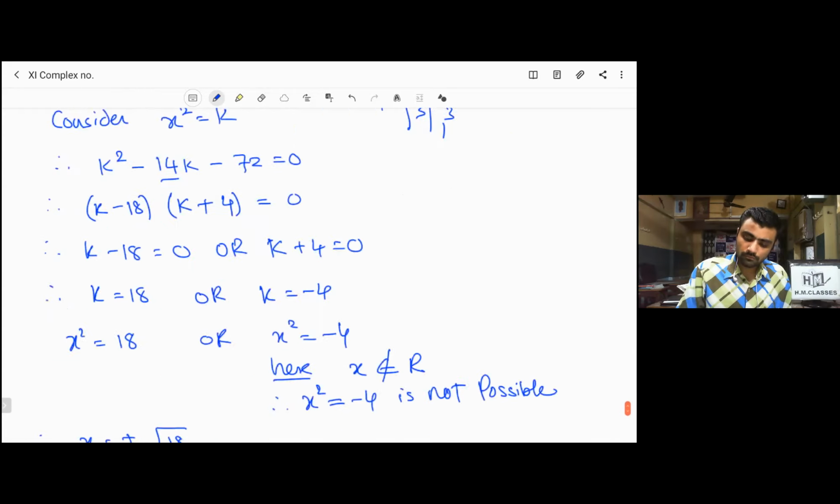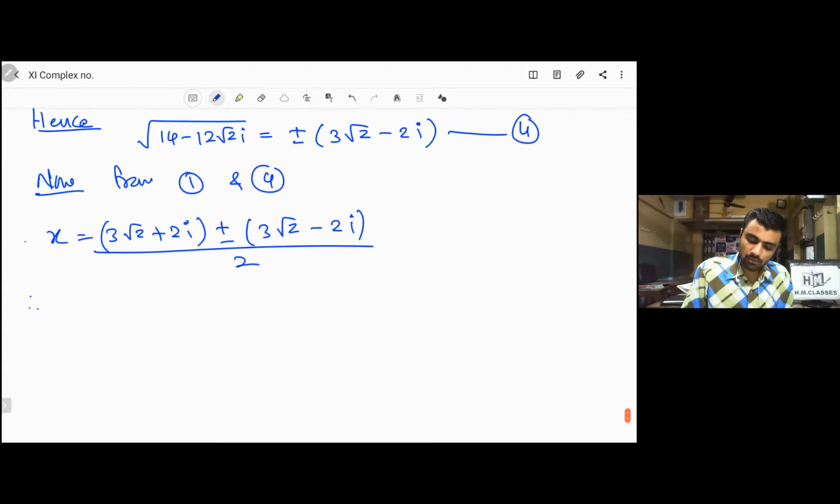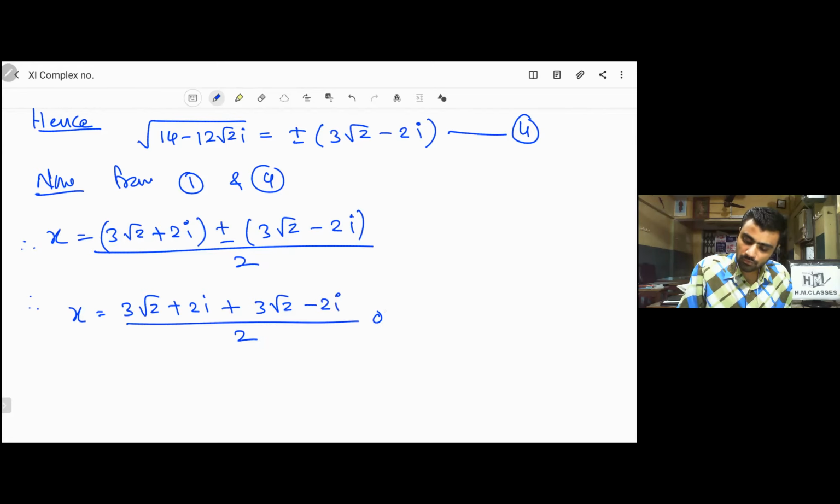So therefore x is equal to, now we will write plus and minus separately in both: 3 root 2 plus 2i plus 3 root 2 minus 2i upon 2, or x is equals to